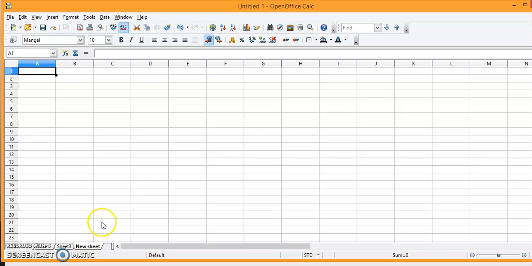There is one more way to place this new sheet, and you can do it simply by holding the new sheet and dragging it to the place you wish to use it. Suppose I have just held it by pressing the left key of the mouse and dragging it. Now you can see there are little arrow marks which show that this new sheet is going to come between sheet 2 and sheet 3. If you wish to keep it between sheet 1 and sheet 2, just move towards left and release the button. Now here you can see this new sheet has come between sheet 1 and sheet 2.